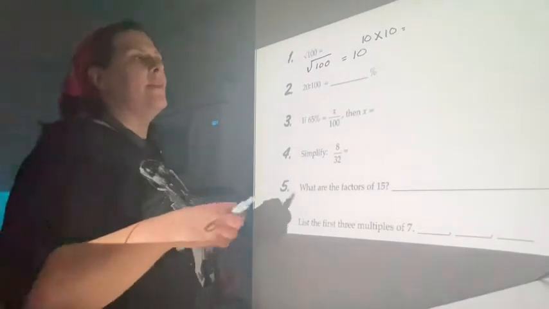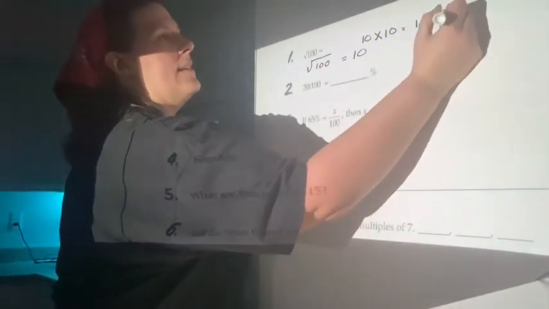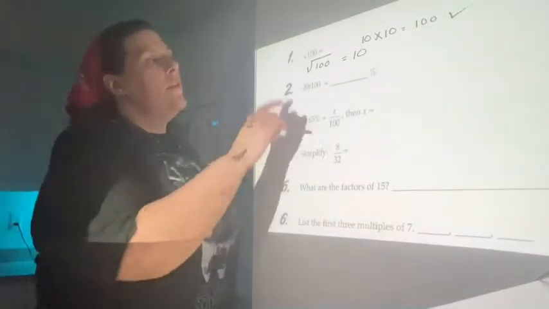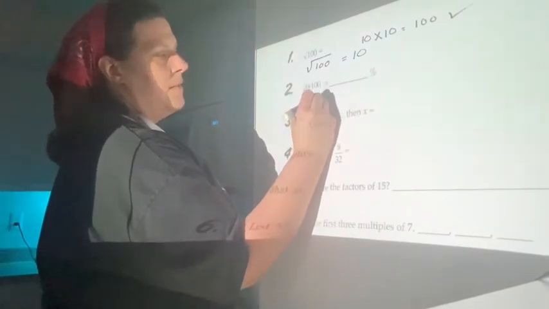I'm good at skip counting by tens. So that is 100. So we know number one is correct. Number two, going into number two, just in case your computer is small, the question is 20